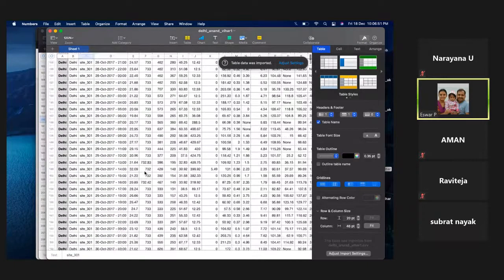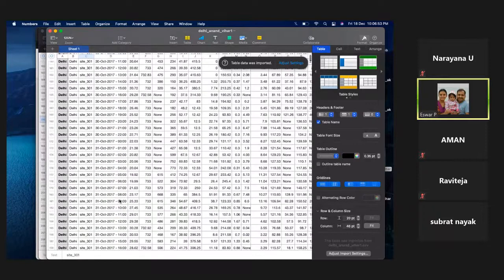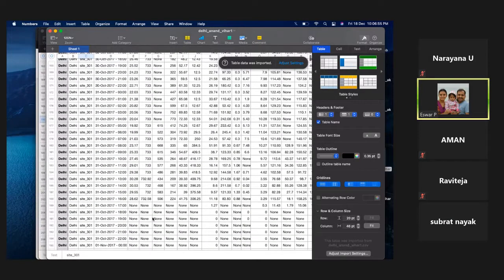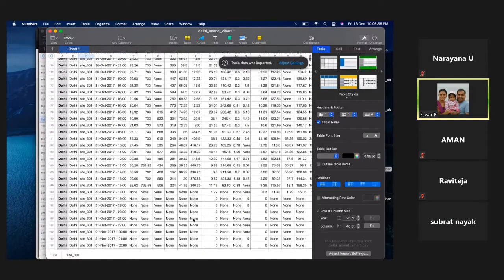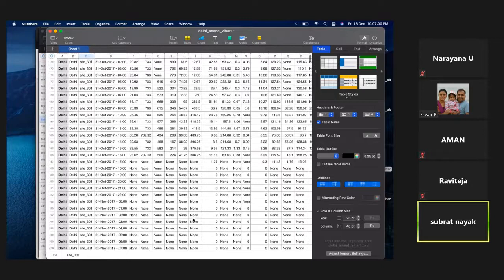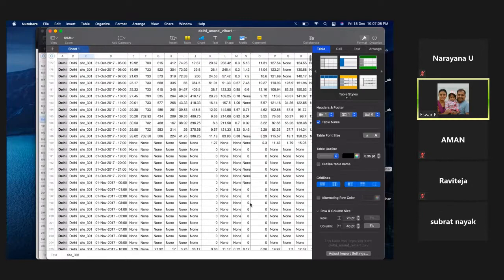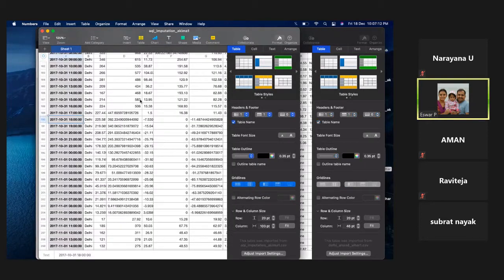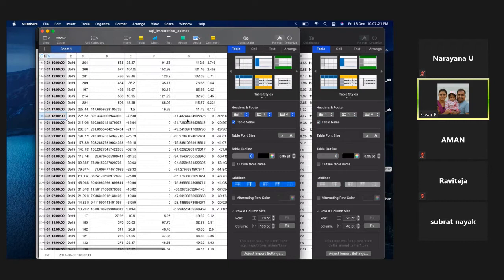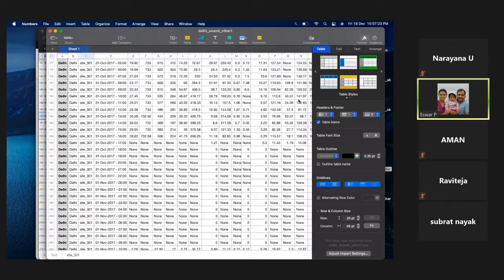I think 190. Control G, I think you can directly go to that cell. Yes, sir. There are null values, continuous null values, but see, in between 0 is there, right? Why didn't it replace it? After 16.8 it is 0. Correct? In the original also the same thing is there. Yes, sir.